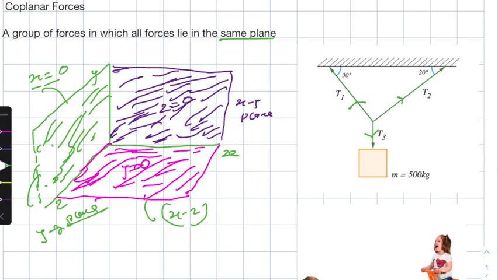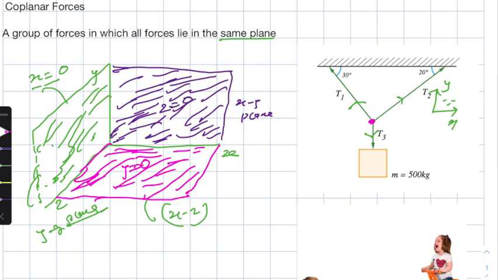For example, this direction is X, and the vertical direction is Y, and all three forces lie in the XY plane, right? This XY plane, and this is known as the coplanar force, and all three forces meet at a single point, this one,